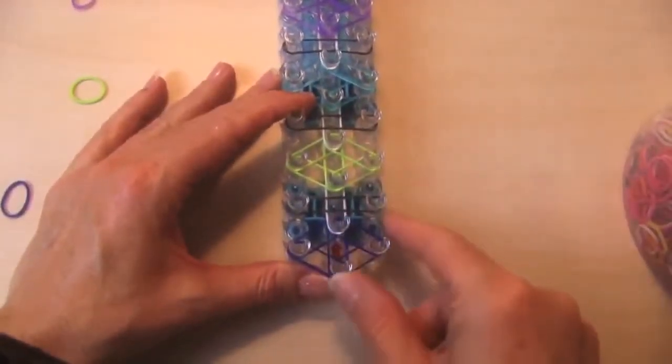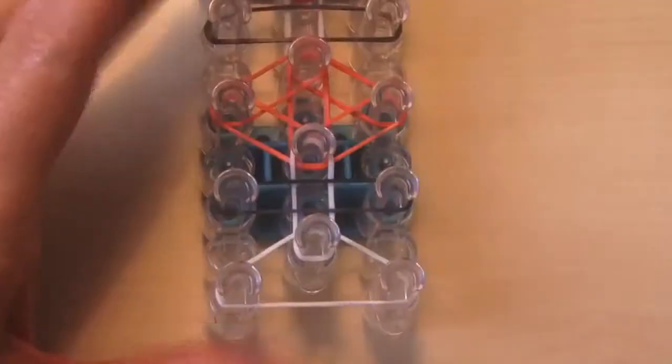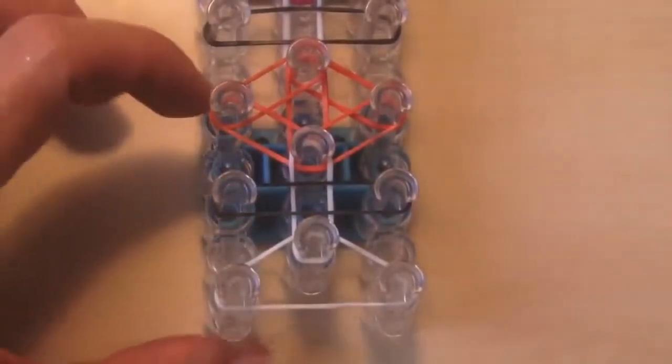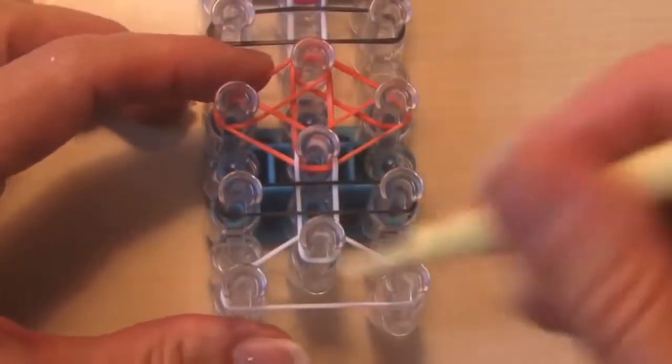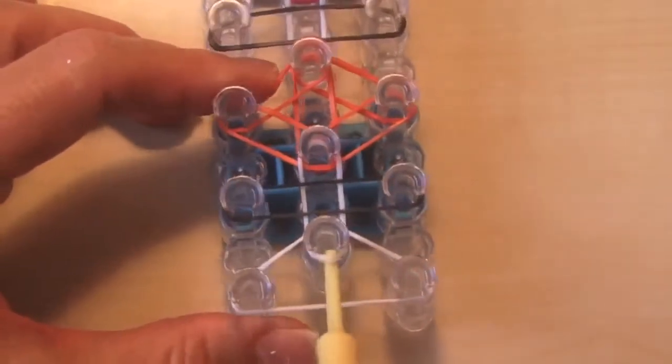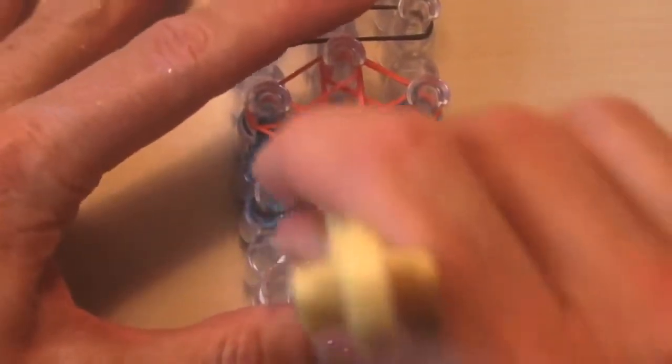As we do in all our Rainbow Loom projects, the arrow is pointing up away from you. Now you're going to turn it towards you to work on your project. Okay, this is where you're going to want to pause as you go because it can get a little tricky. I'm going to start with the center one and pull it over